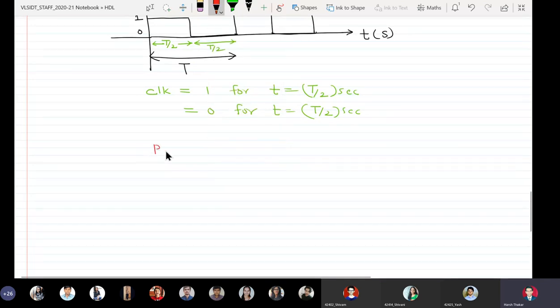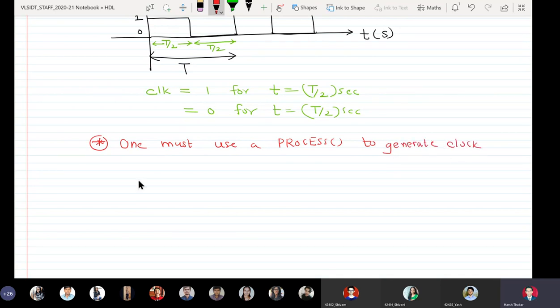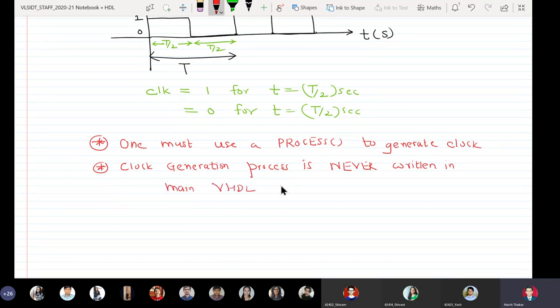Usually, please understand one thing, that one must use a process to generate a clock, but the clock generation process is never written in the main VHDL program.